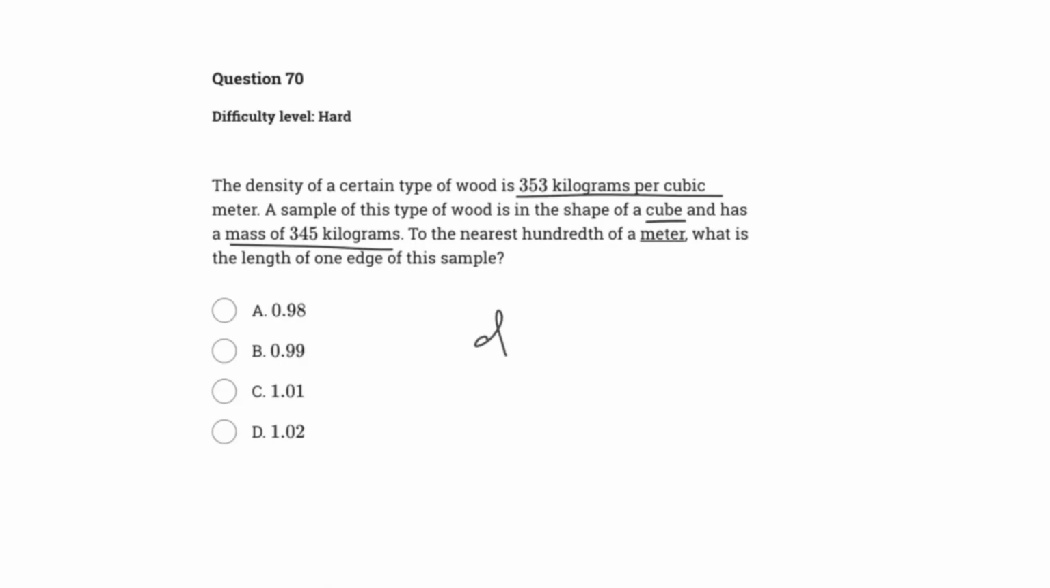We know the equation for density is mass over volume. If we plug in values for density and mass, which we do have, we can solve for volume and ultimately find the length of one edge of the sample. So density here is 353. I'm just going to ignore units. Mass here is 345 over V. If we solve for V here, we get V equals